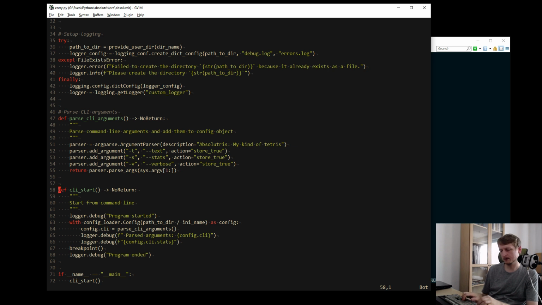And for command line start, I wanted to parse the arguments from the command line, and then at some point end.